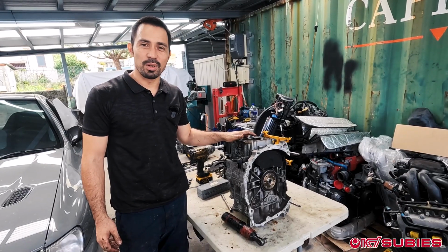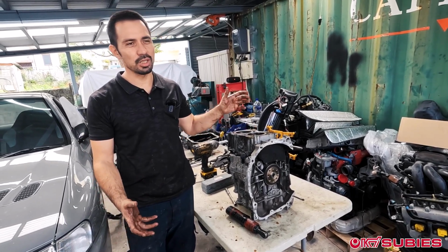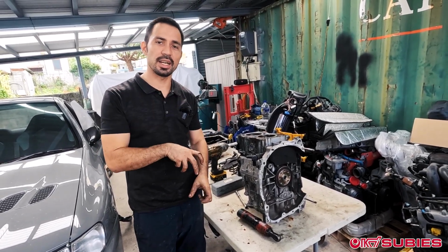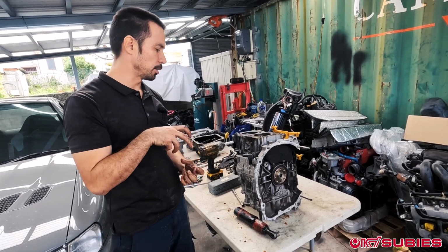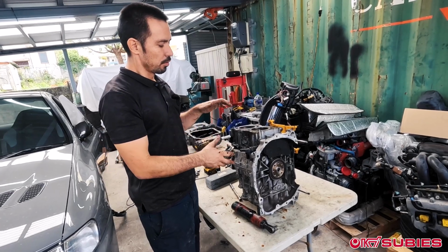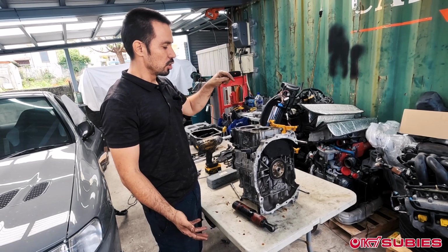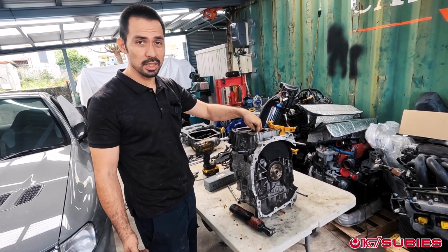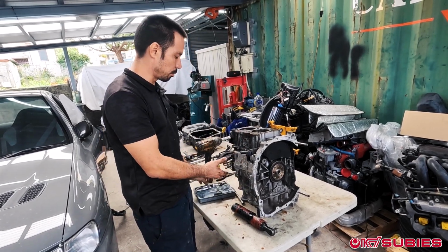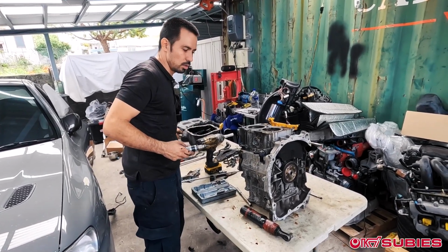One of the things that makes a boxer engine unique to separate is that on a conventional setup, you would put the pistons and the rods together, slide them in together, and then put the bottom cap of the rod underneath the crank. But for these Subarus, before you can actually remove the case halves, you have to disconnect the pistons from the rods. So we have everything prepared to remove the case halves, but before we can do that,